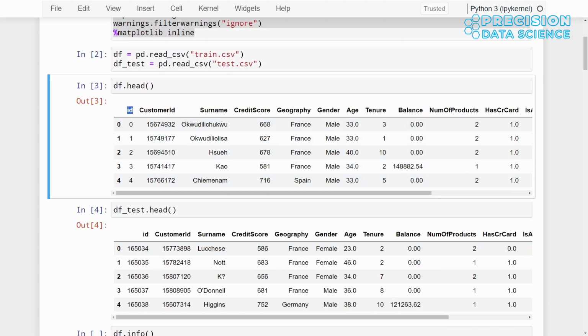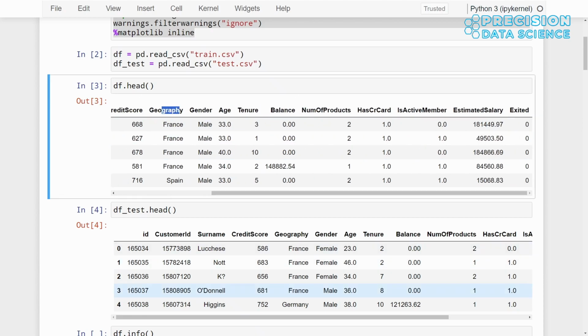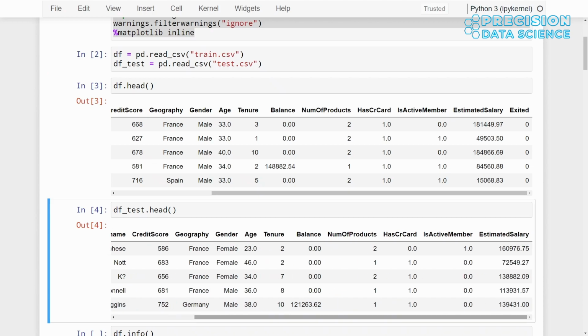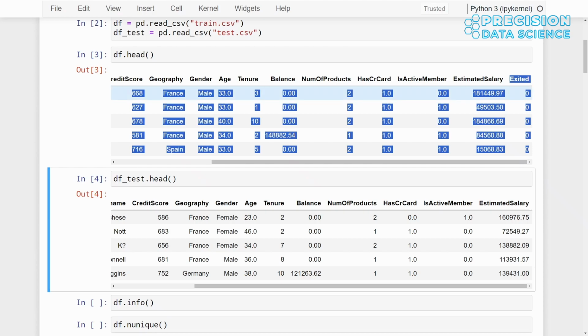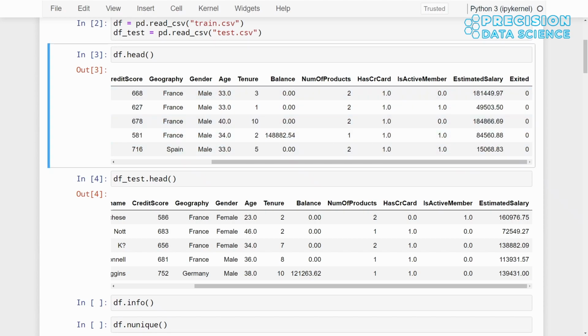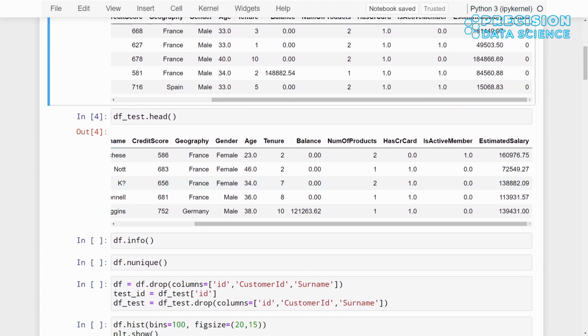And here we can see the columns data such as ID, customer ID, surname, credit score, geography, age, balance, estimated salary, etc. for both train and test data. One thing that distinguishes the train data and the test data is the presence of the exited column in the train data, which shows the status whether the customer exited or not. For the test data, we need to create the exited column, make predictions, and submit to the Kaggle competition for